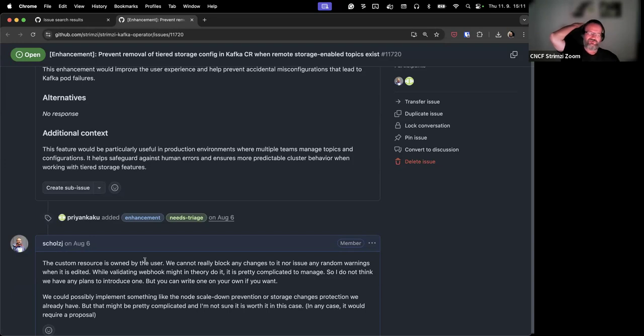We warn the user and we continue the reconciliation using the original configuration. So in theory, something like that can probably be done for the tiered storage. Whether it should be done, that remains a question, I guess.